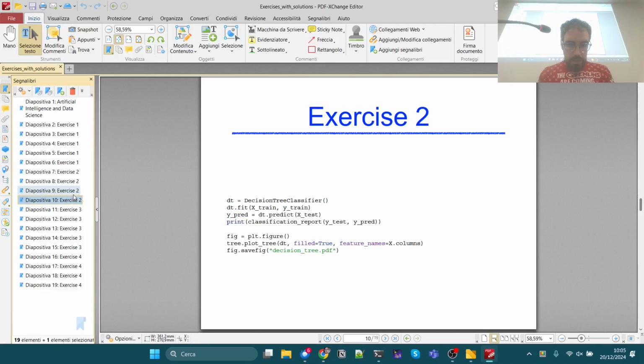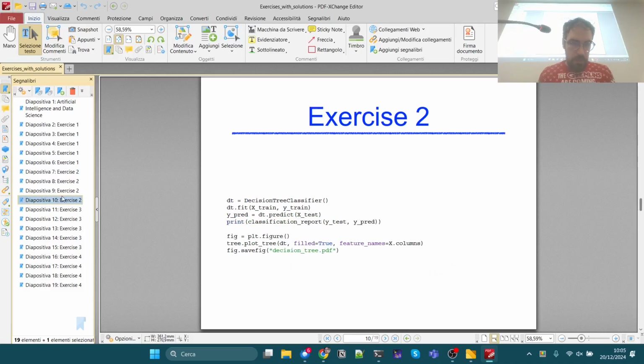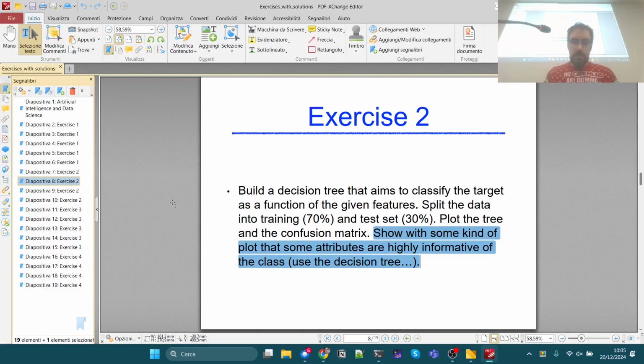Where is it? This is the decision tree. Prediction, classification report. Okay, I didn't put it, so maybe I will add, but one simple way is the way